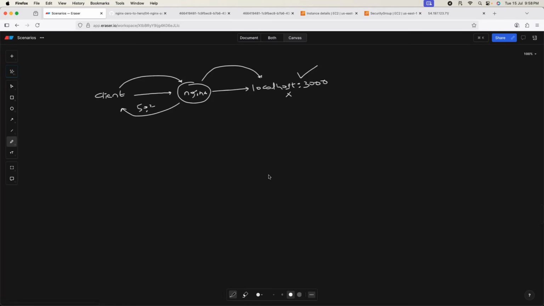Let's say this application is serving a mobile application or maybe a simple game. If you have a single copy of this game hosted maybe on an EC2 instance, you tell the customer, hey, this is my application. This is Nginx. Use Nginx as a reverse proxy and access my application. Definitely the client can access. Your application is also secure because you're using Nginx as a reverse proxy. But still,